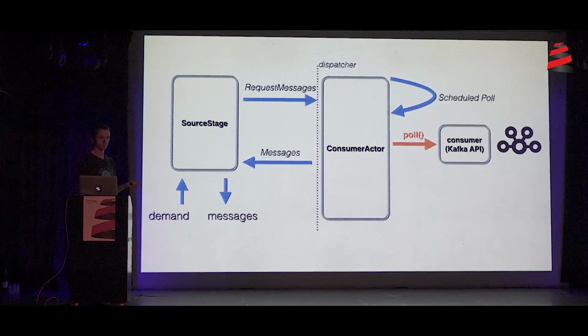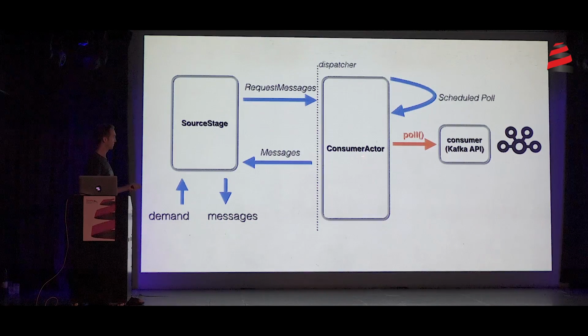Underneath, there is an Akka actor, which does the dirty direct poll calls to the vanilla API of Apache Kafka. And there is no while loop, obviously, because a while loop is not asynchronous. So to do a kind of asynchronous loop in Akka, we can use a message sent by an actor to itself. If an actor sends a message continuously to itself, it can repeatedly, asynchronously repeat the poll calls to the